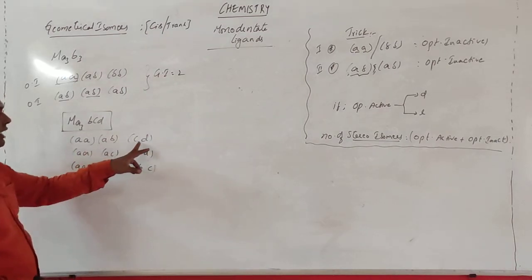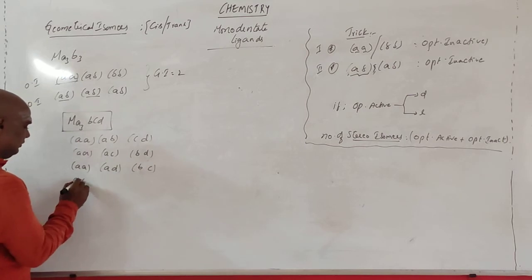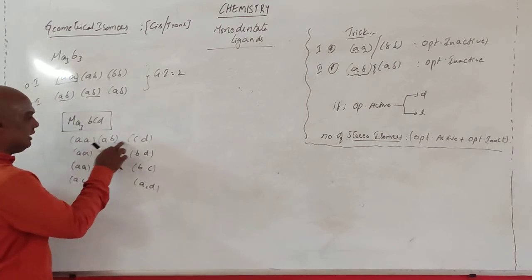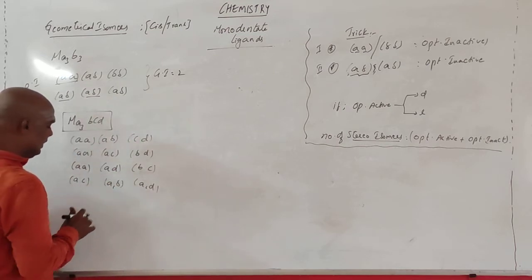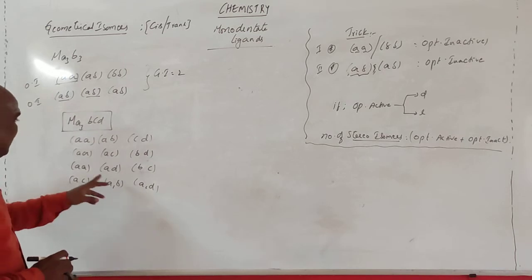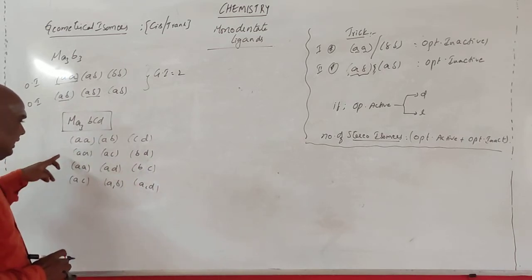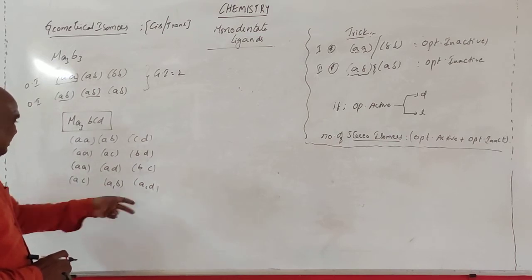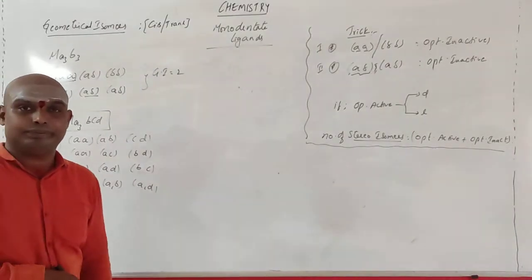Now go for this one with this one. Anything? A with C, A with C, A with B, A with C, A with B, and AB. See, you check AC, AB are present. Here AC is present, AB is not present. See here AB, AB. So 4 different types of possibility.